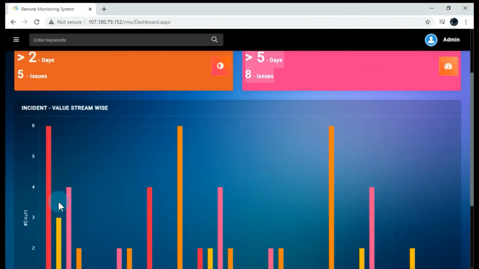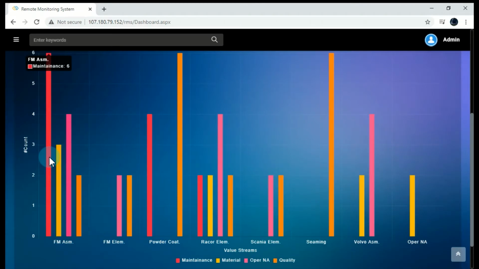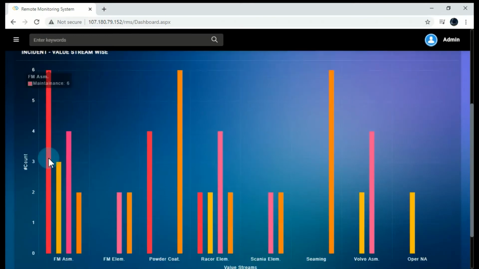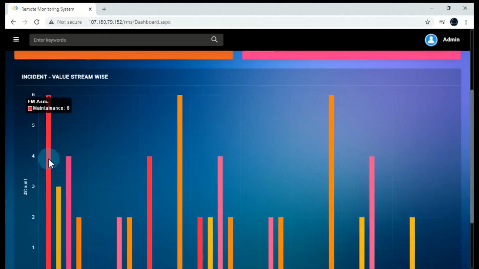So if you mouse over the bar chart, you can see the total count in that value stream in that particular department. So once the department maintenance staff has attended to the problem and has closed the issue, automatically the count will decrease.